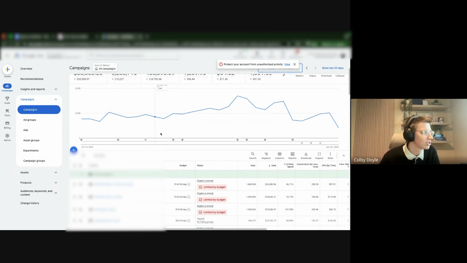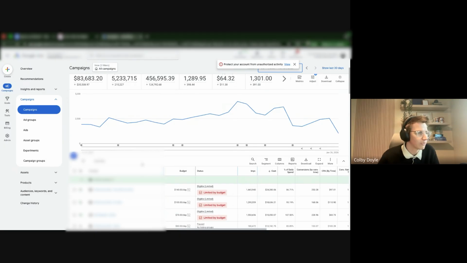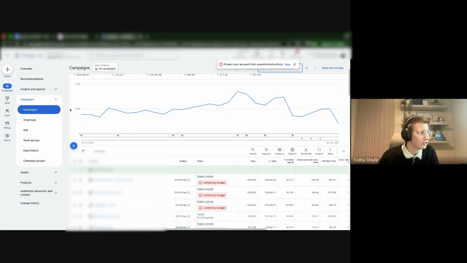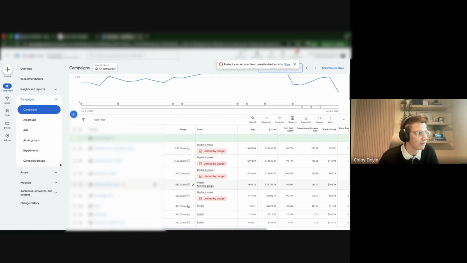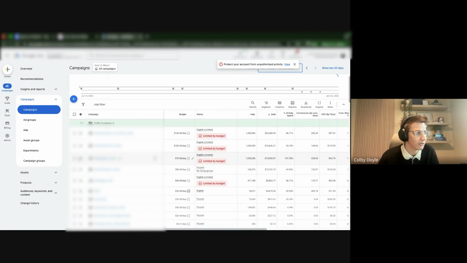But search term reports. Now, search term reports are now available to most campaigns. Anything, I think, that serves on the search network. You used to not be able to get it for PMAX, but now you can. At its core, you could just pull it right from your main campaign here. I would exercise caution though, because if you do it from the top here, you might pull in brand.